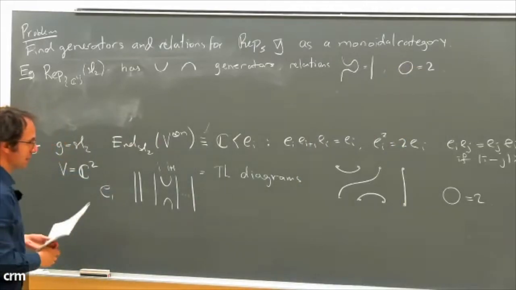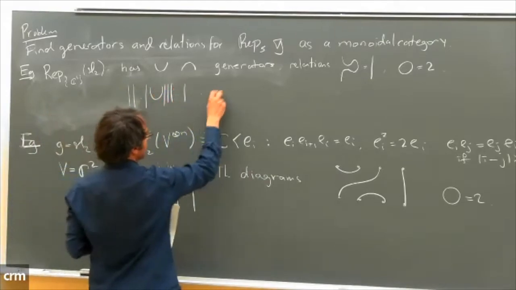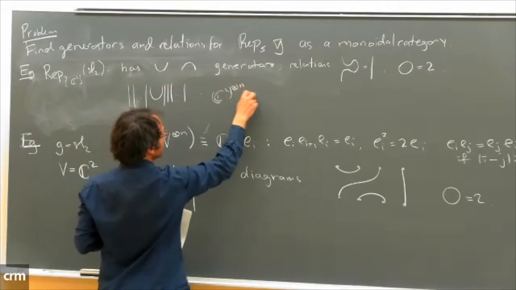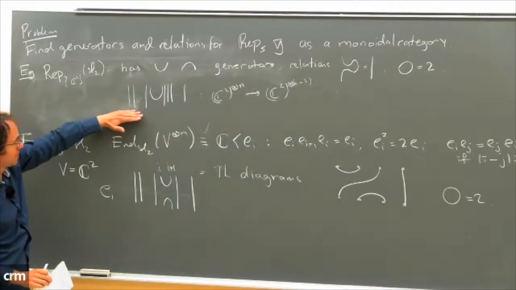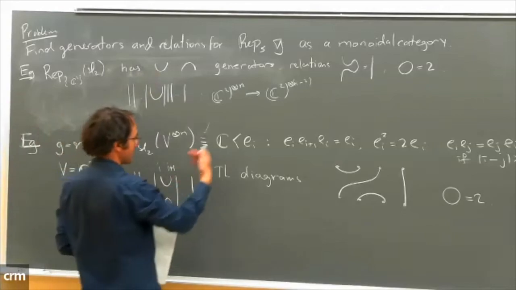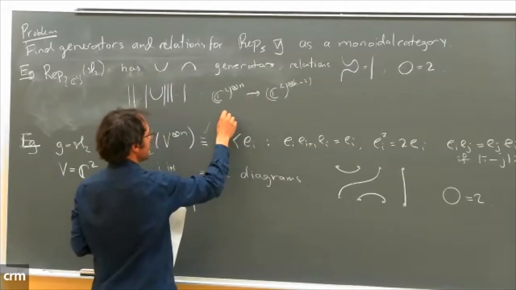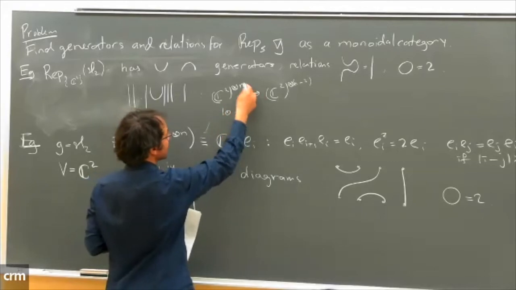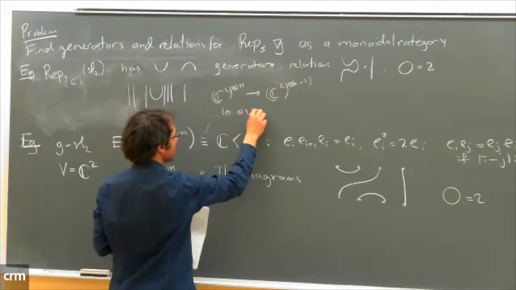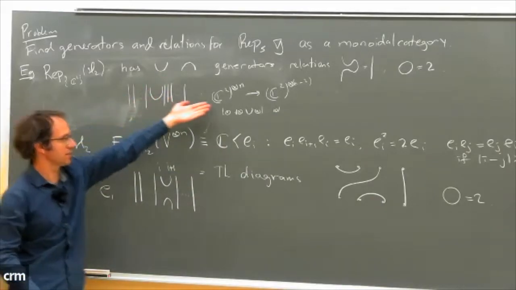For example, this diagram, which would look like so, would correspond to the map from C2 tensor n to C2 tensor n minus 1 and minus 2. Right? This is expressed in terms of these generators by using this monoidal structure. So this morphism is given by the one tensor this cup morphism tensor 1. Using the structure of a monoidal category, you can start with just very simple generators and construct morphisms for larger